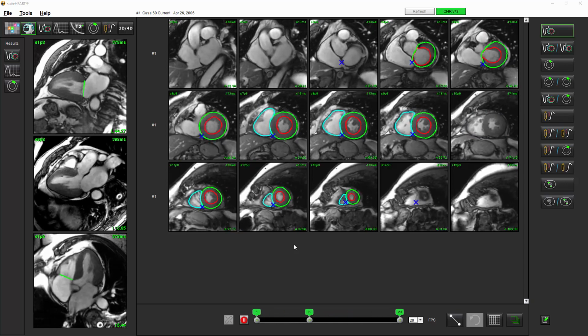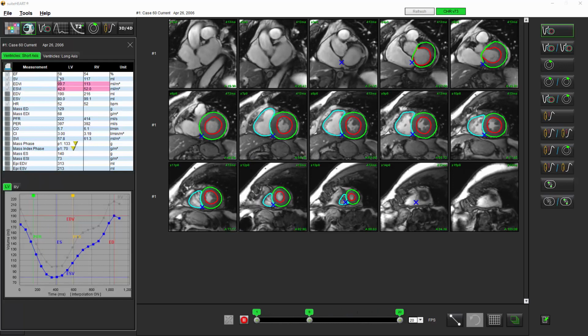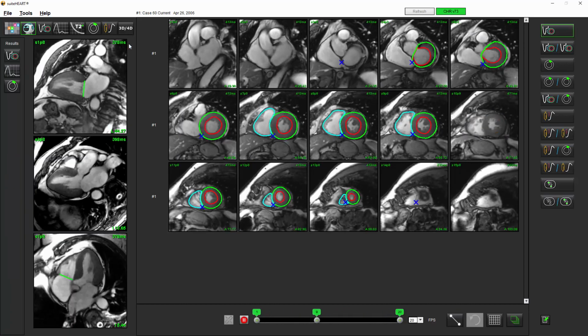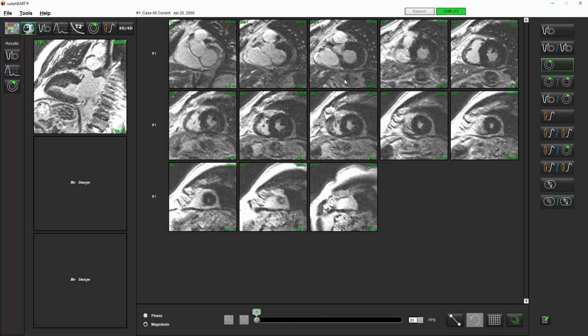Now, if we look at the ventricular function, it looks pretty normal. If we look at the numerical data, I can click here and we can see the LVEF is 58%, the RVEF is 54%, both ventricles are mildly dilated. Now I can switch over here to this icon, which shows delayed enhancement, and again it shows